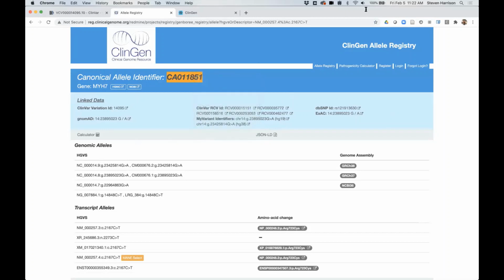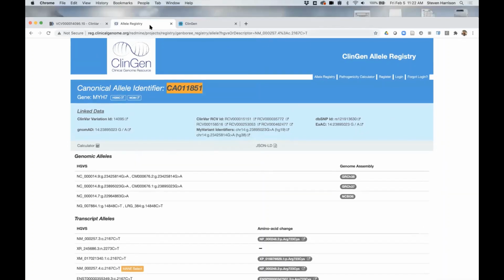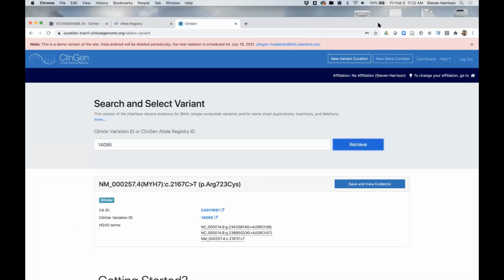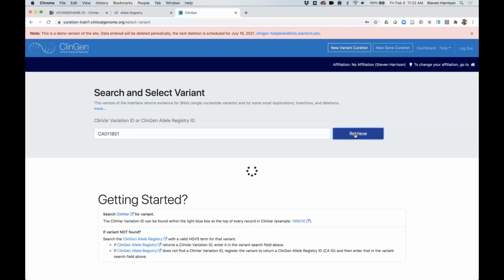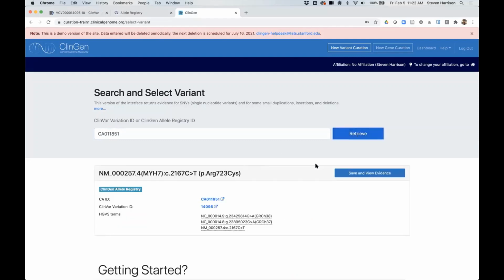Oh, and the top part of the Zoom is in the way for me to get back to the interface. Okay. I'm going to paste in, click retrieve. And you'll see I'm essentially going to get the exact same information as if I had started with the ClinVar ID. So while this is loading,